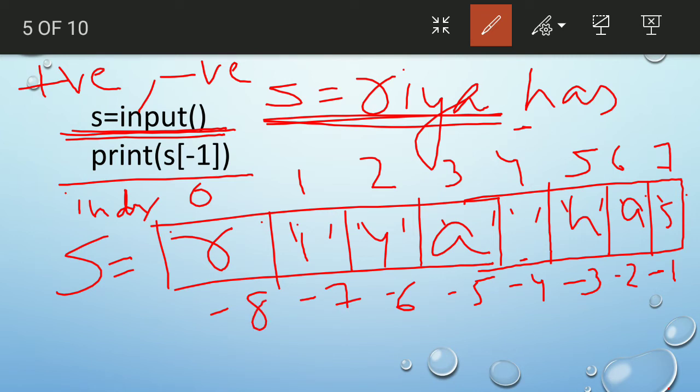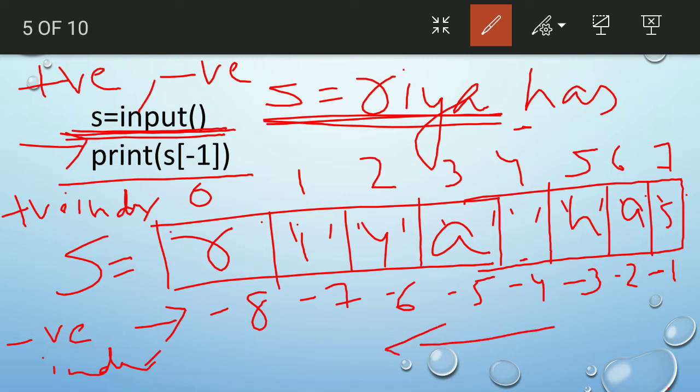This is your negative index and this is your positive index. The positive index starts from left to right, from 0, whereas the negative indexing starts from right to left, from -1.